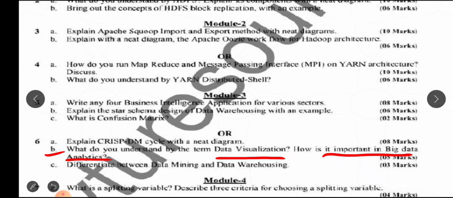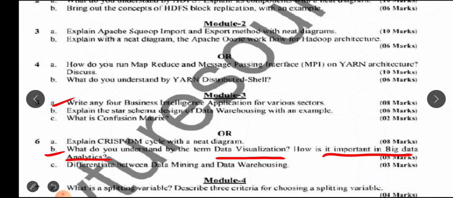you to answer the impact of the data visualization in the big data analytics. How is it important in the big data analytics? How this visualization would result into a desired data analysis. So I think that's all. There's no more question with respect to this question paper regarding this lecture, and all the other questions,